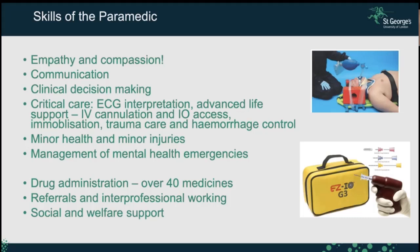sometimes where we can't get access to the vein. We use immobilization, which is, again, what you might be familiar with if you've seen it before, to stabilize somebody's head and neck if they've been involved in a traumatic incident, trauma care, and bleeding control. And that's before we move on to minor health. So we can manage minor health and minor injuries. I've mentioned mental health, and as we've mentioned it a few times, it is very, very important to us. And as paramedics, we can give over 40 medicines, which is actually pretty significant when you compare